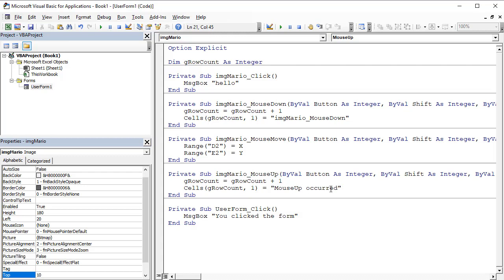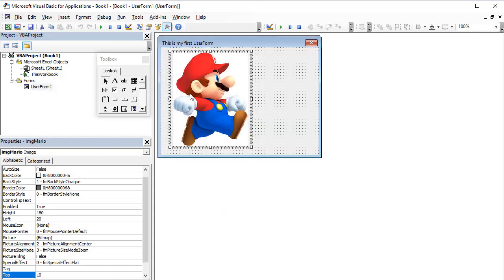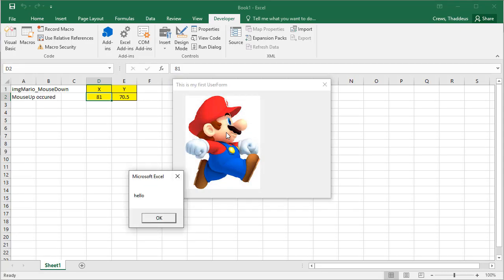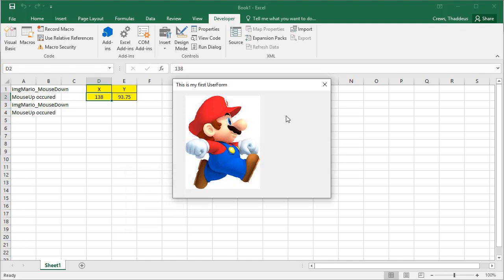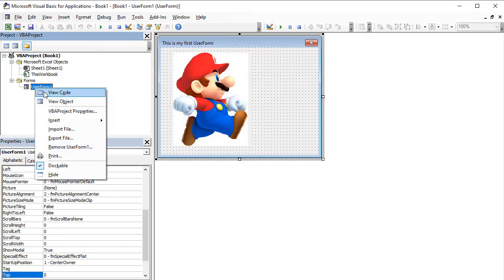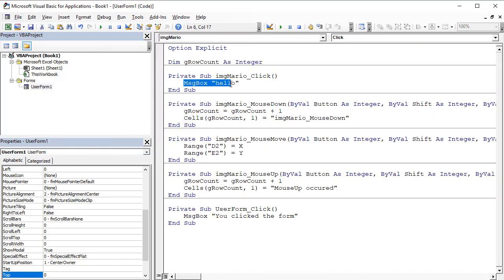Or whatever we want to say occurred, and if that has 1 R, 2 R's. So just trying that, what I should get when I run this is if I do a mouse down, I see over here image Mario mouse down, mouse up occurred, right? And every time I click it, I get that. I'm going to get rid of the hello message because I'd rather it say